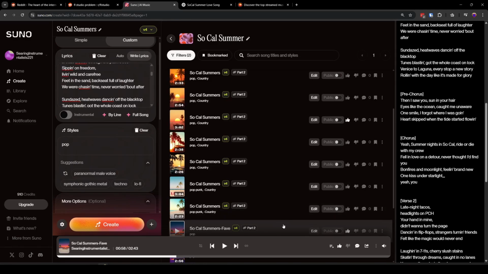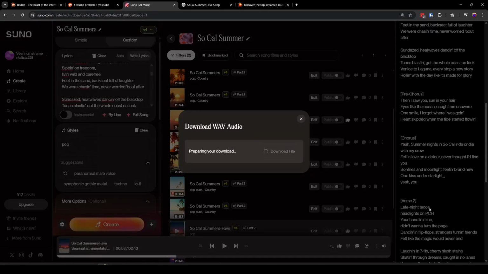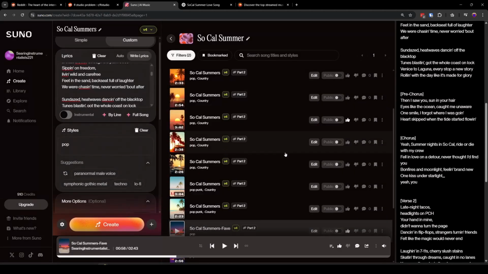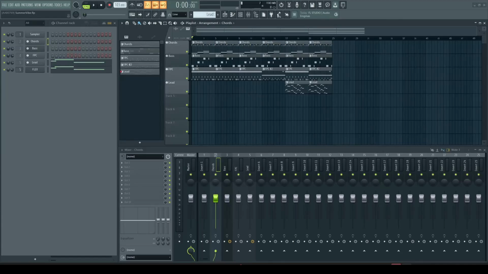So what I'm going to do is download these as WAV files. And once I'm done getting these as WAV files, I will meet you guys back in FL Studio. Okay, so we're back in FL Studio. I have the two files downloaded that I want to use. And so what I'm going to do, this is how I might normally do something like this,